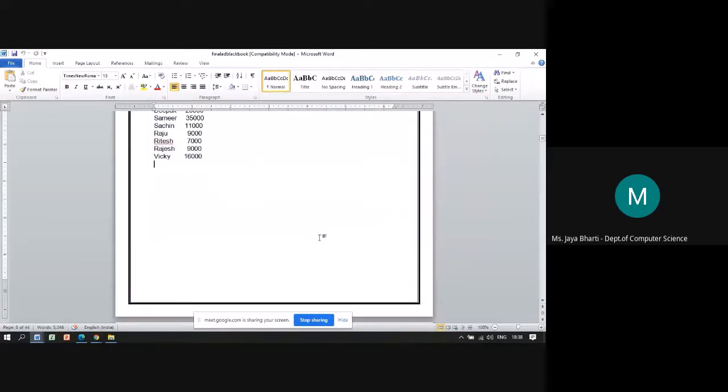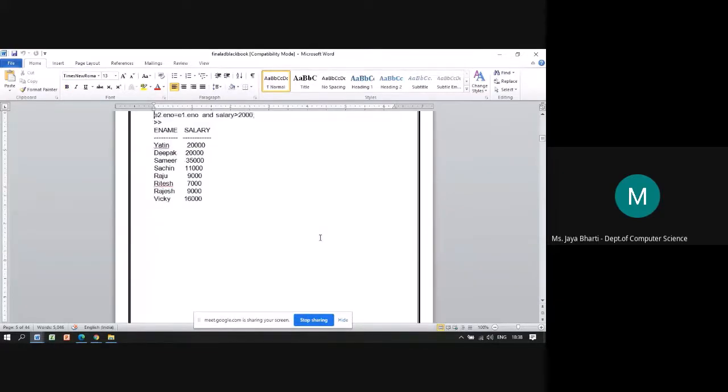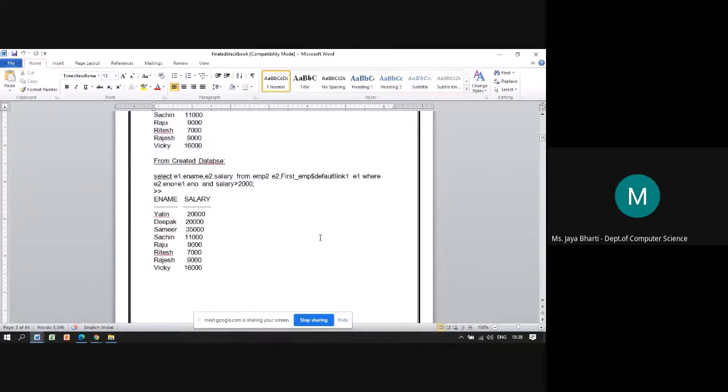So this is vertical fragmentation. What we have done: we created one copy of the table employee, then we created the link using the create link tag. One is on the default link and the other is on the created database.